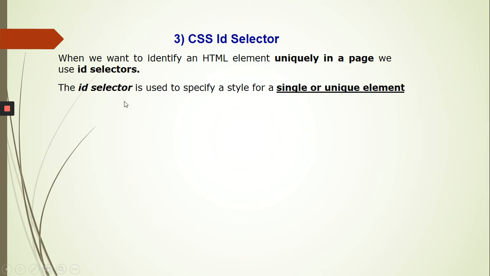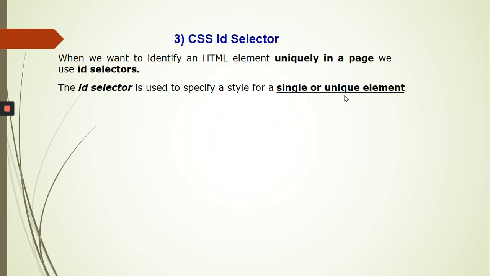The ID selector is used to specify a style for a single or unique element. ID stands for identification, and identification is always unique. An ID of a person cannot be duplicated. It should be unique only, right?